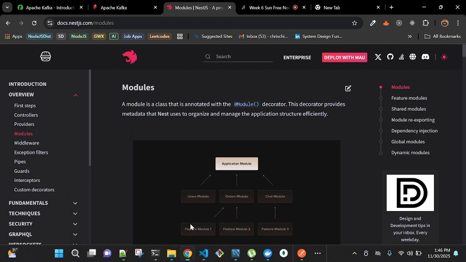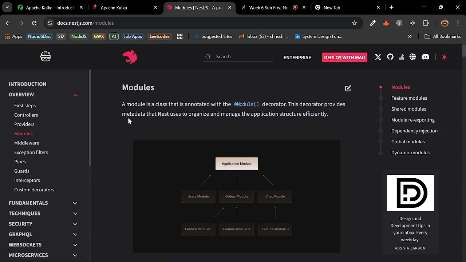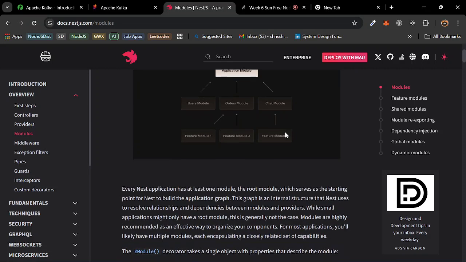So let's look at what a module is in NestJS. A module is a class that is annotated with the Module decorator, right? This decorator provides metadata that Nest uses to organize and manage the application structure efficiently, right?